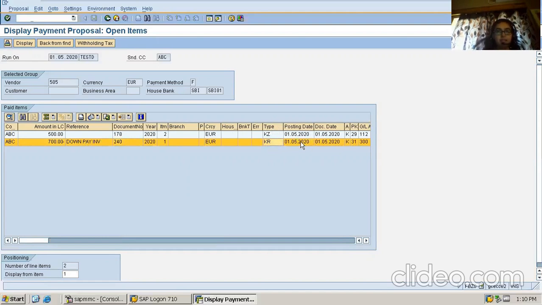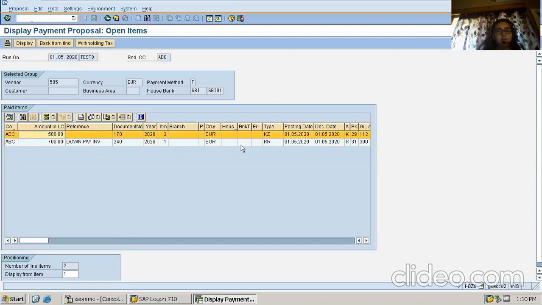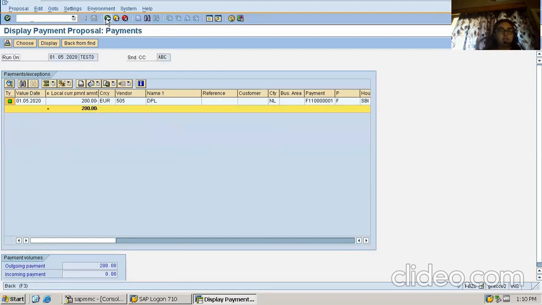And posting date, as I have given the 1st of May, it has appeared, and it is showing the 500 amount as the down payment amount, with document number 178 and the document type KZ. So absolutely fine. If I am balancing them, then 200 is the payable amount. So proposal is being displayed correctly.